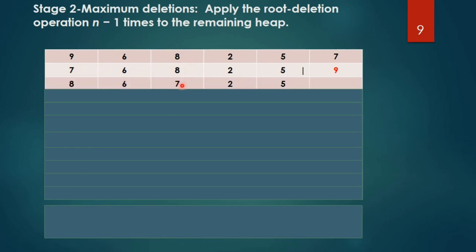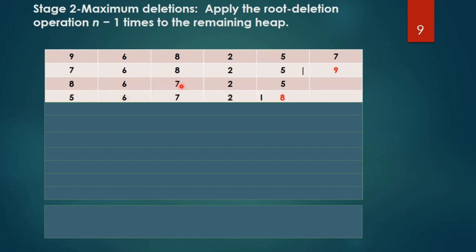So you get 7, and after placing 7 here, it's at the third position. Whether 7 has got any child. 7 is at 3 position and its child is at 6 position, which is already removed. So no more child for 7. That means 7 is also a leaf right now. Then after that, again swap 8 and 5. 5 has come here and 8 has gone here, and then reduce the heap size by 1. That means anymore 8 is not part of the heap.